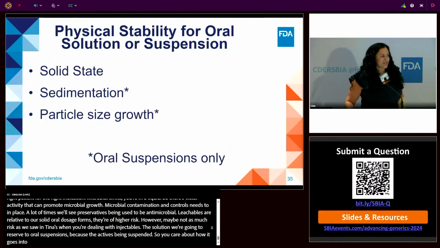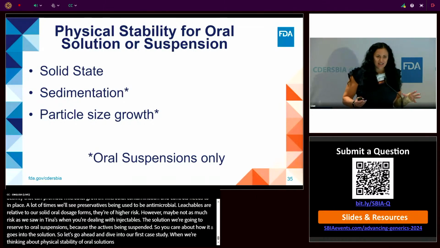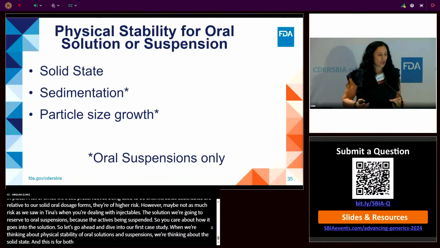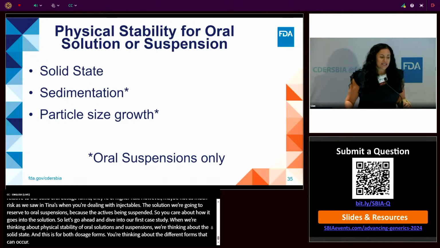So let's go ahead and dive into our first case study. When we're thinking about physical stability of oral solutions and suspensions, we're thinking about the solid state. And this is for both dosage forms. You're thinking about the different forms that can occur. The last two, sedimentation and particle size growth, are only reserved for oral suspensions, in that